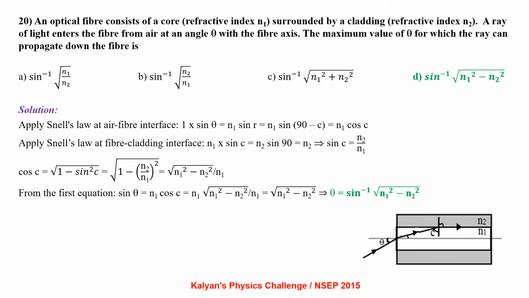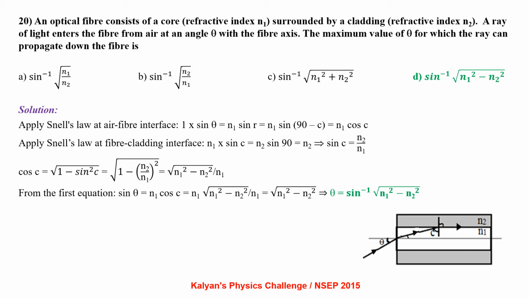An optical fiber consists of core of refractive index n1 surrounded by cladding of refractive index n2. A ray of light enters the fiber from air at an angle theta with the fiber axis. The maximum value of theta for which the ray can propagate down the fiber is,